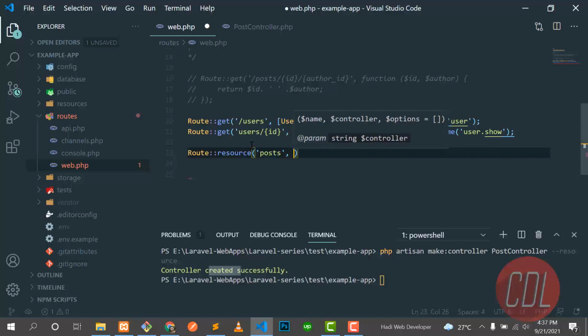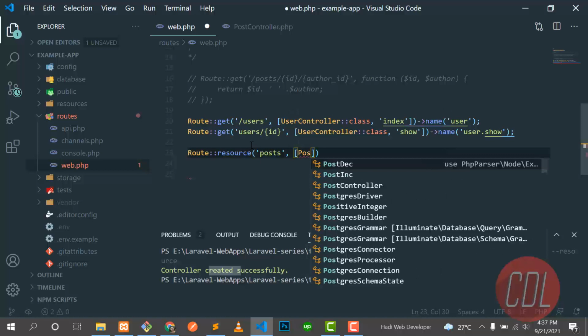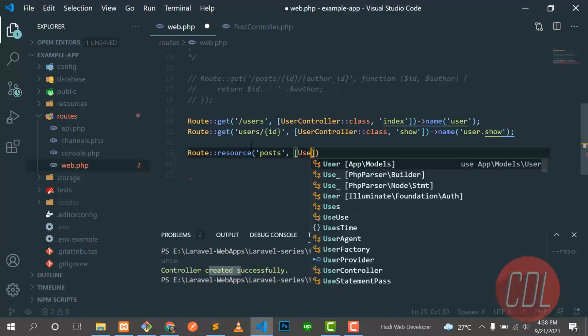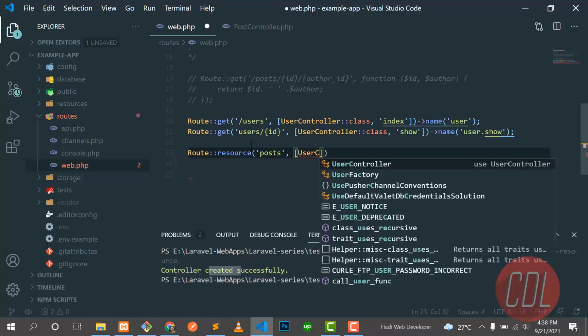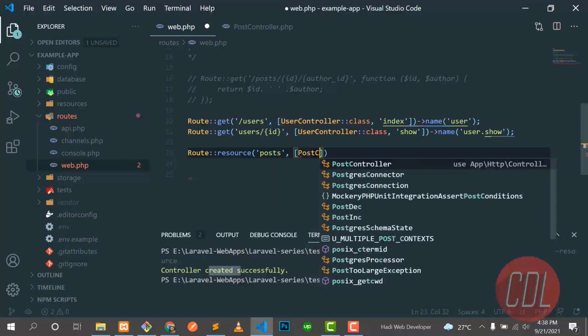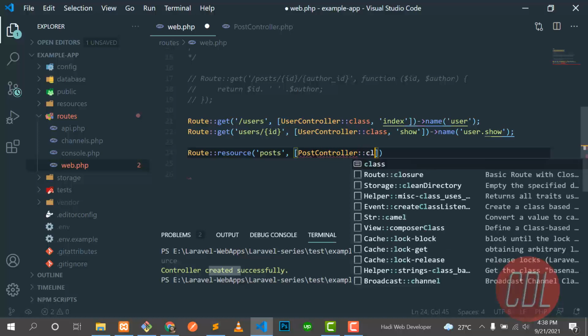And then you define your controller, PostController. It must be a resource controller; you can't use a simple controller here. So remember to pass this resource controller, PostController::class.